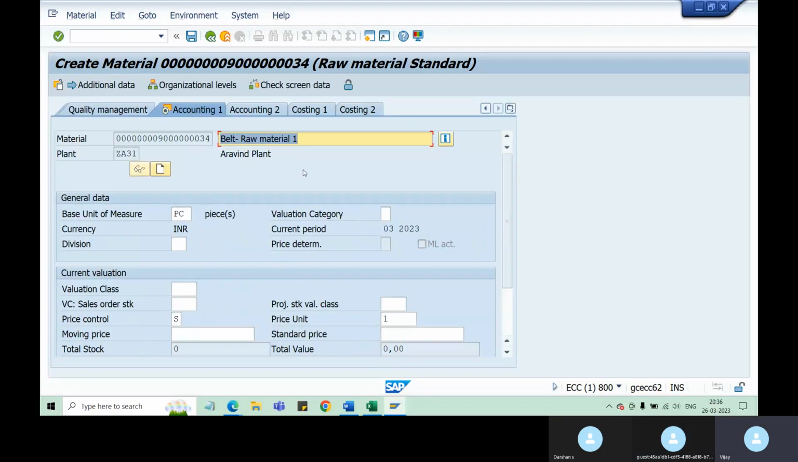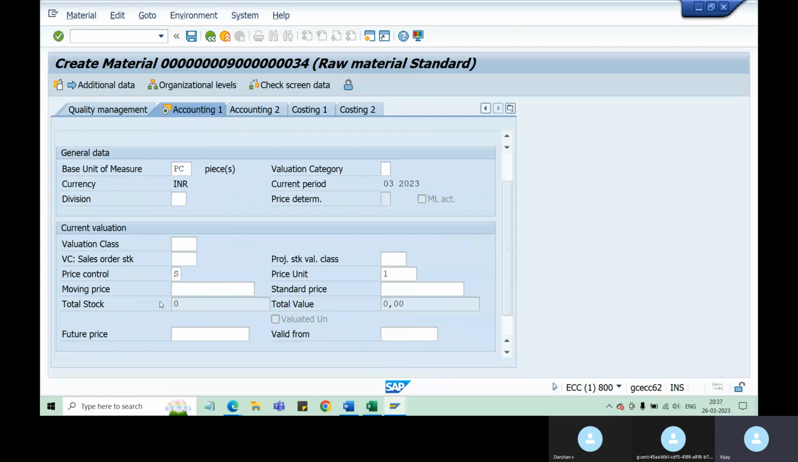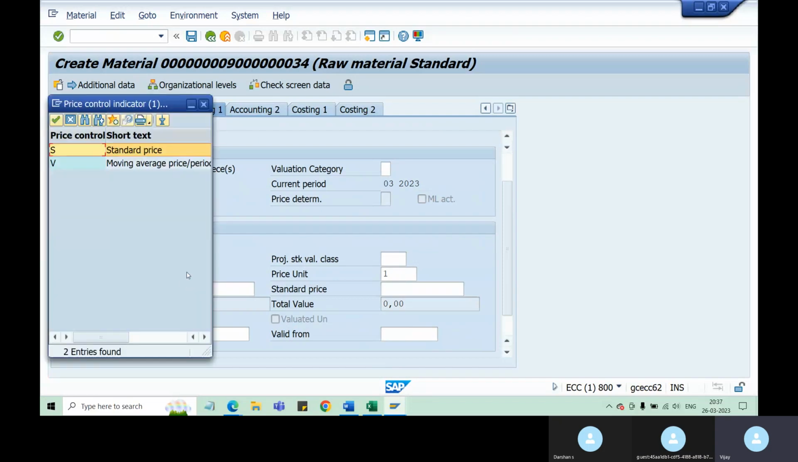See, now it has come to accounting. Accounting is anyway important, right? We need to pay the material price. The material price you need to pay to the vendor, or from the customer you need to receive. So price is important. Price control, the system has two options here: